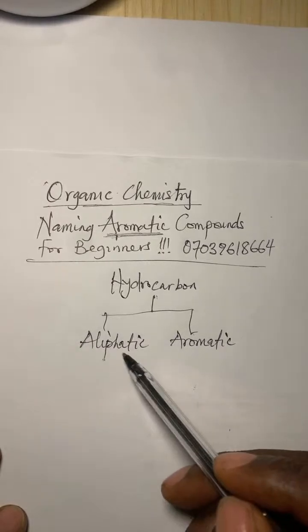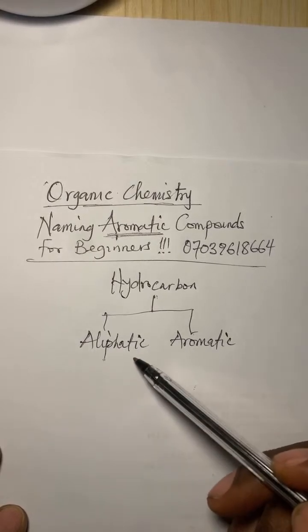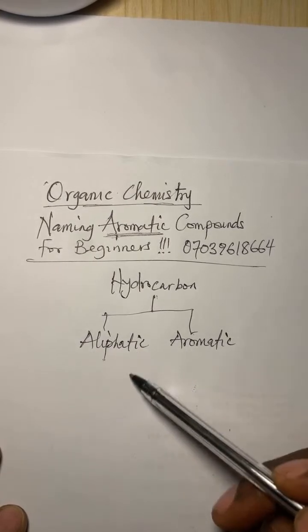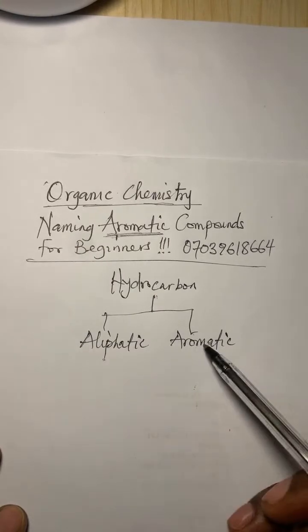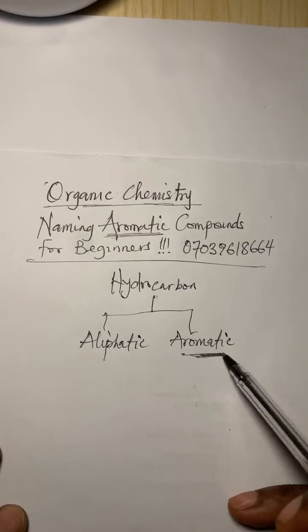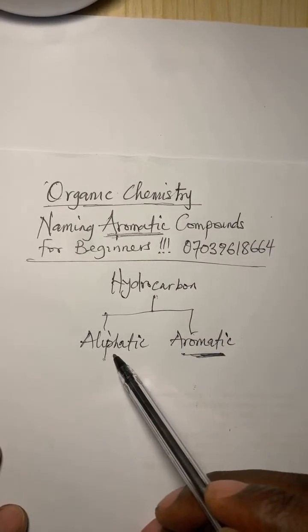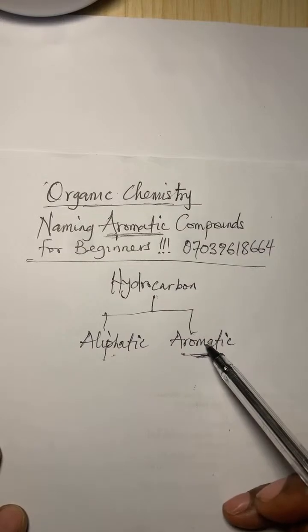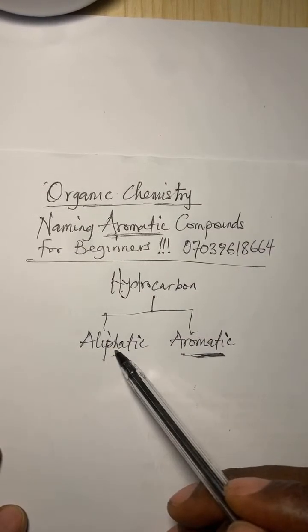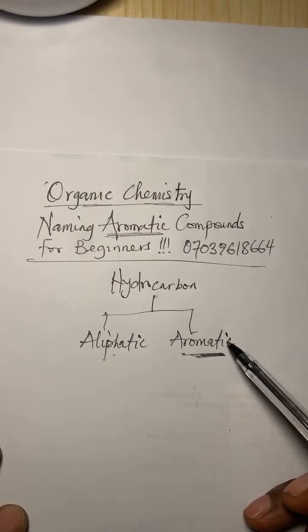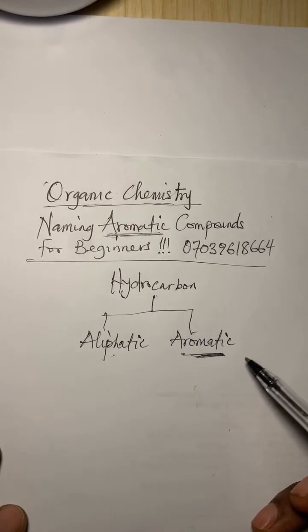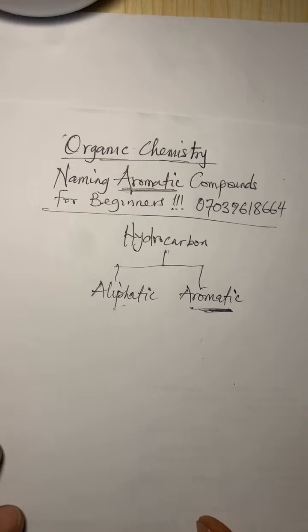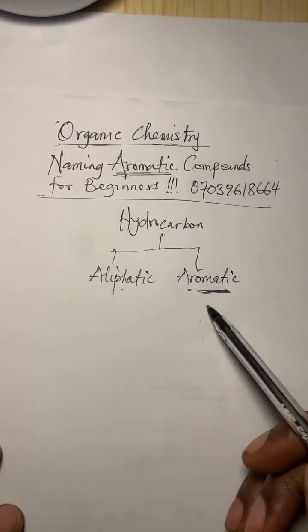All right. So under the aliphatic, we have what we call the alkenes and the alkynes. There is a lot to talk about there, but we are not interested in this for today. So we'll be naming compounds under aromatic and not under aliphatic. You'll be seeing things like the benzene ring, and then we'll talk about the monosubstituted and the disubstituted. Don't mind any of the grammar I'm using. I'm going to be breaking them down and simplifying everything in today's class.